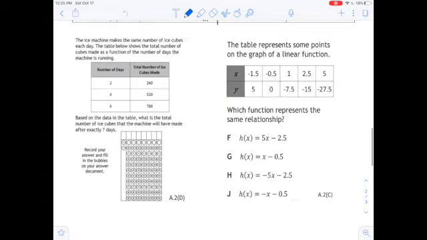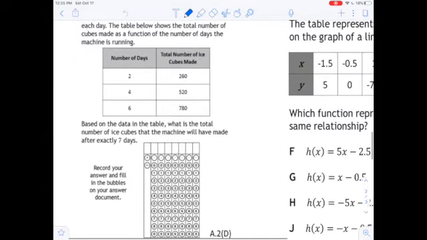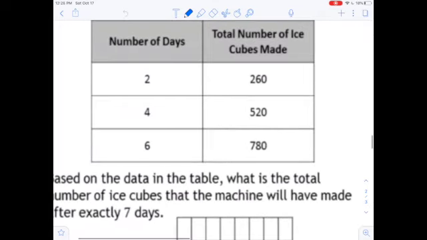Sorry, going back down. Okay. Based on the data in the table, what is the total number of ice cubes the machine will have made after 7 days? So taking a look at our table,